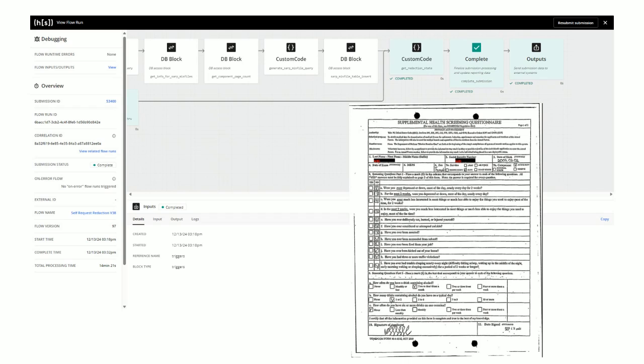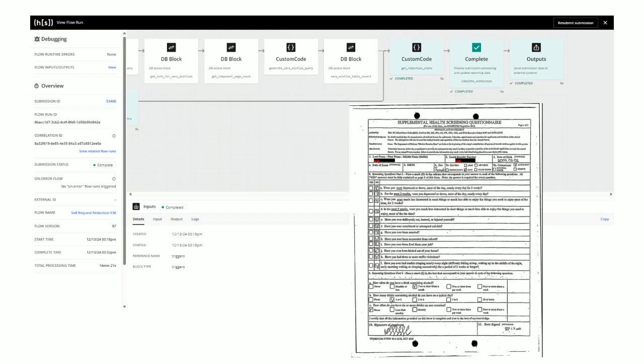At this point, the process is complete for self- and third-party requests, and the PDF can be sent to the requester. For FOIA requests, a third variation of the PDF is generated, showing the potential redactions outlined in a red box. Before the PDF is sent to the requester, the document typically goes through a final legal review to ensure